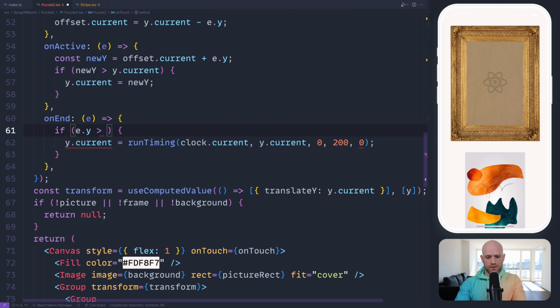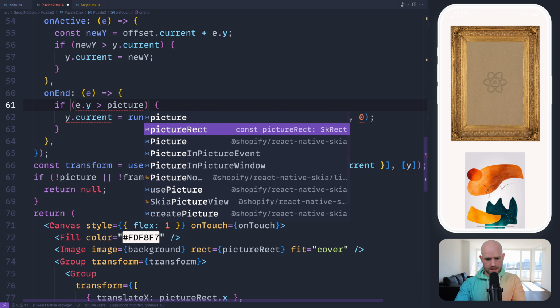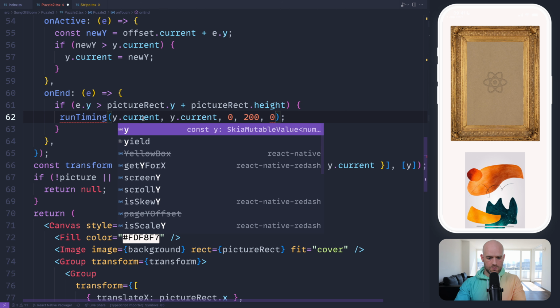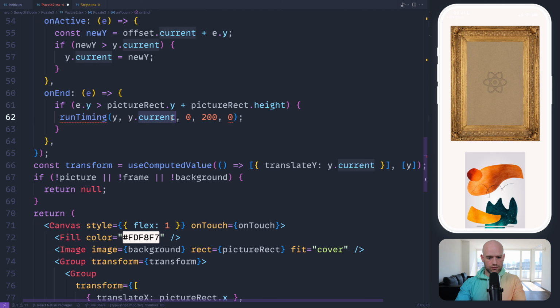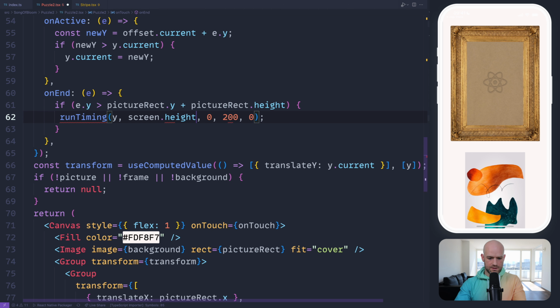or e.y is greater than picture rec.y plus picture height. Yeah, we can do a run timing on y to go to, let's say, screen height.